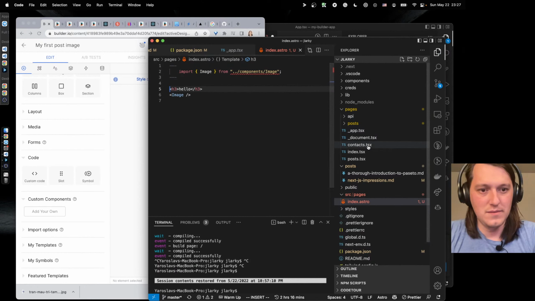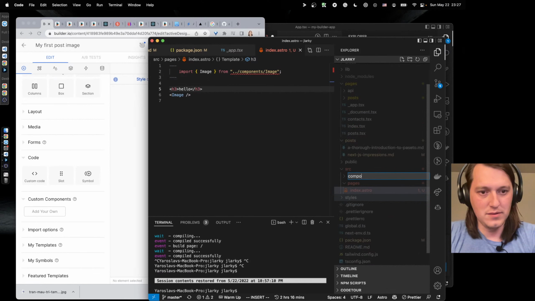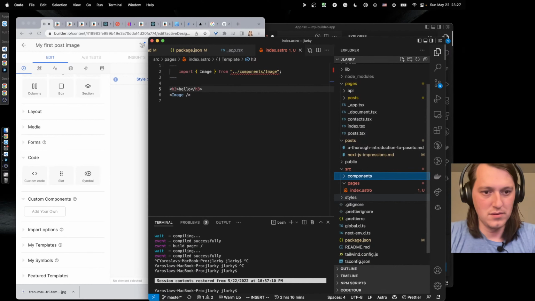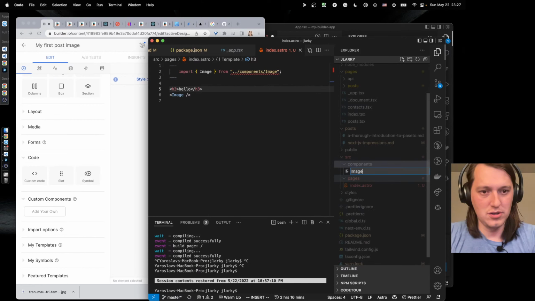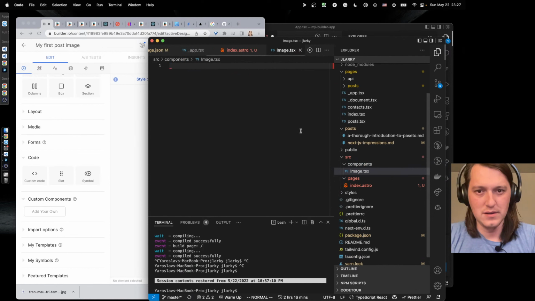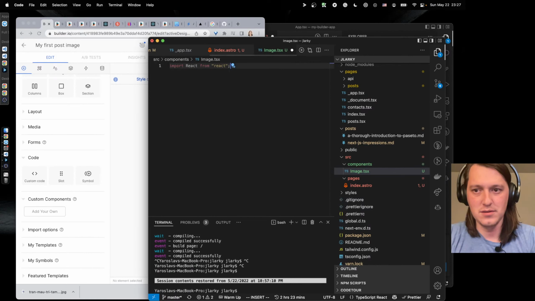So now let's go create components and create image.tsx there, and I guess it's going to be React for now because it's probably easier to do it in React.